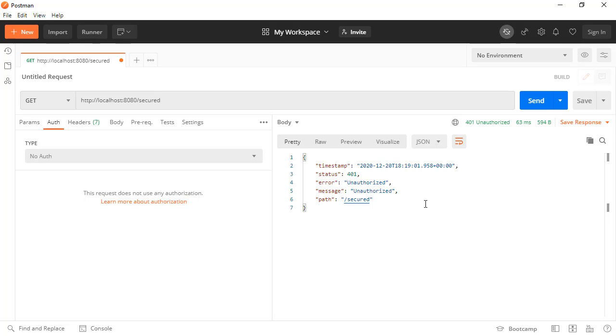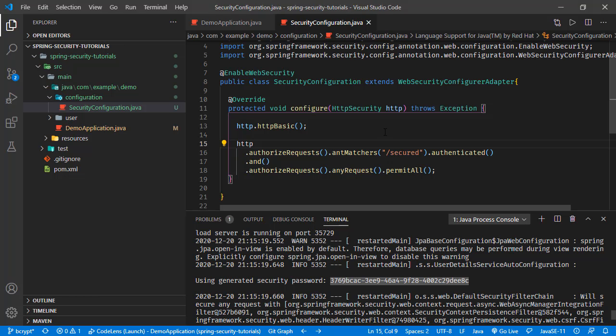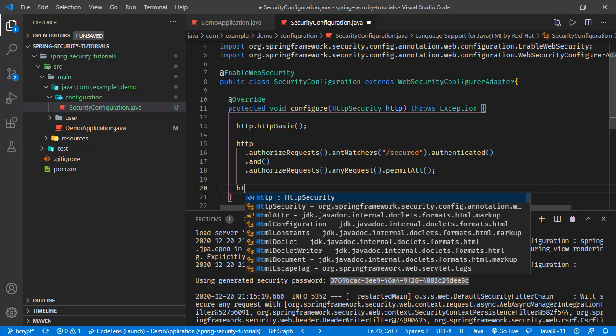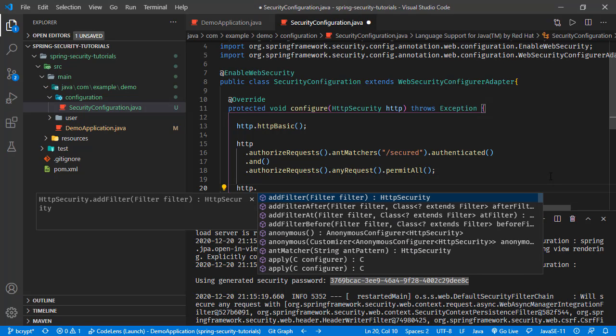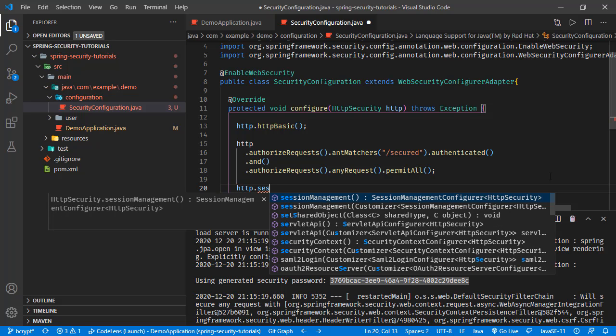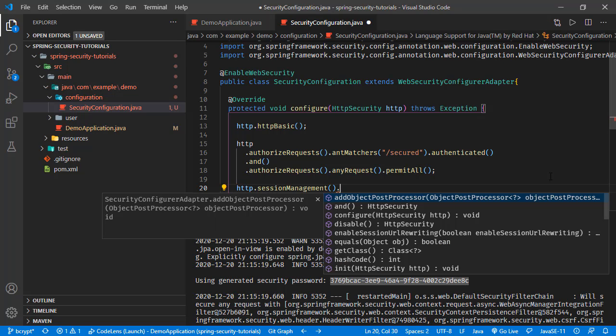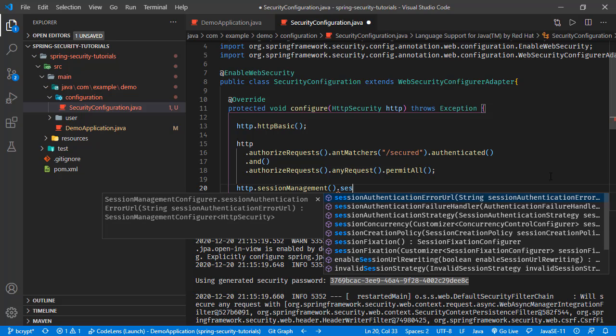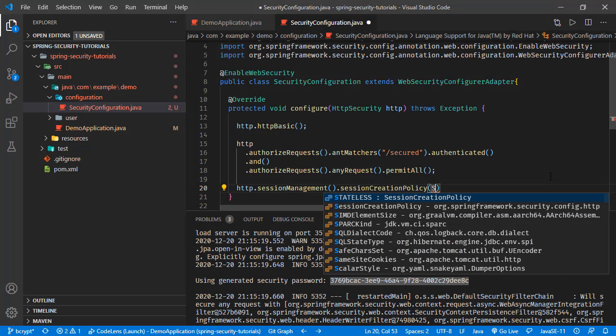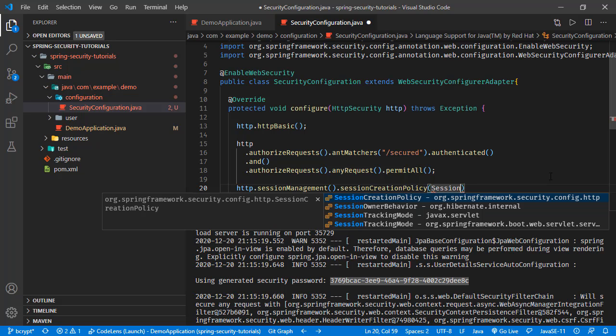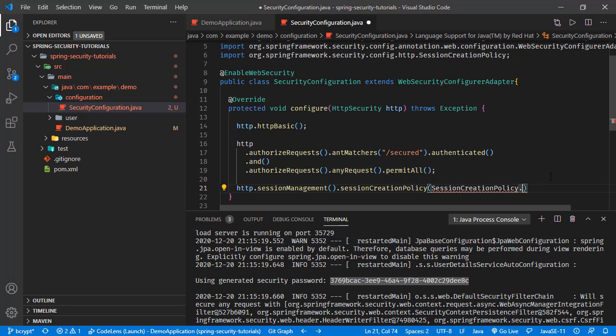So let's disable this session creation part on the backend. Here we can configure the HTTP again with session management, and we can set the session creation policy with the value of session creation policy stateless. So saving this one,